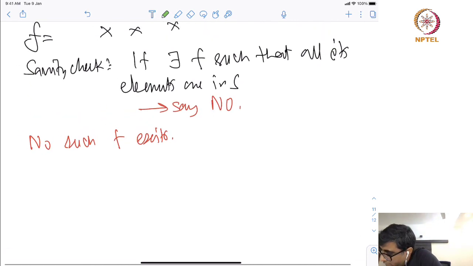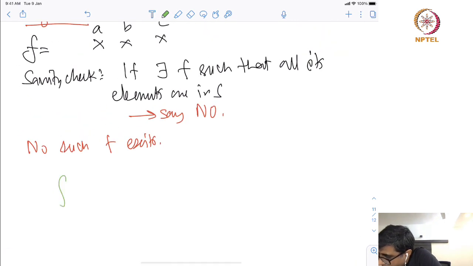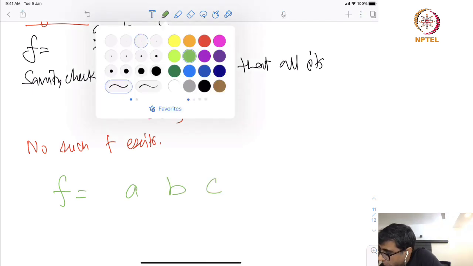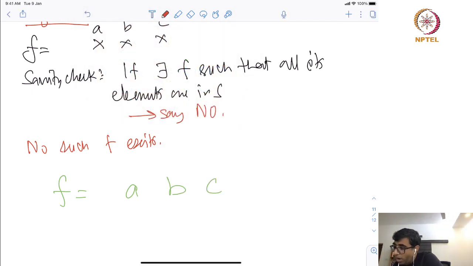Okay, so here is my property. So now look at this is my F. There is some A and B and C. What I know is that at least one element of this belongs to S. Because my S is my hitting set, this must belong to S. At least one, maybe more, but at least one element definitely belongs to S.